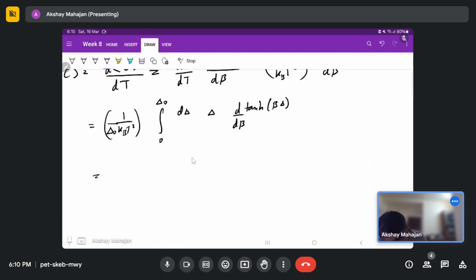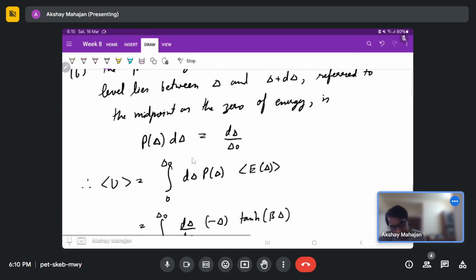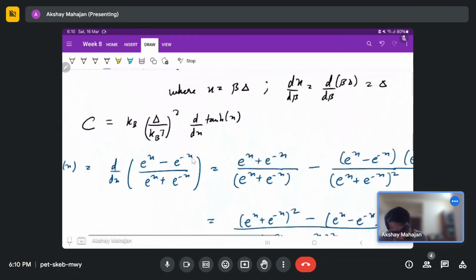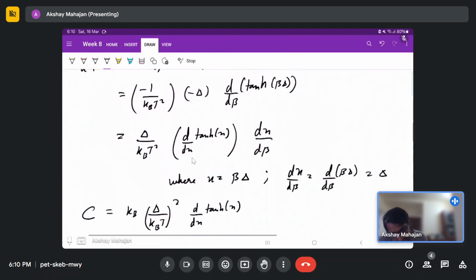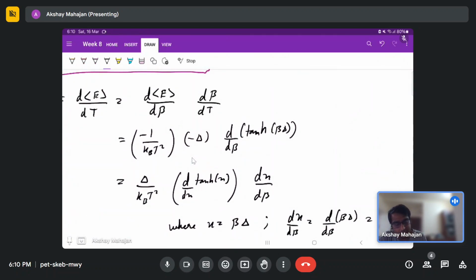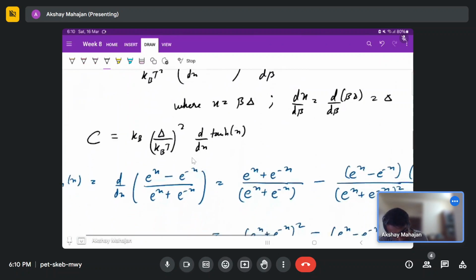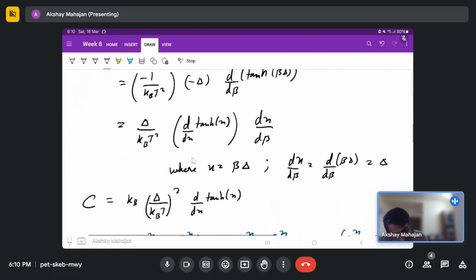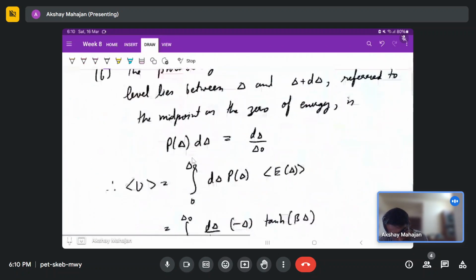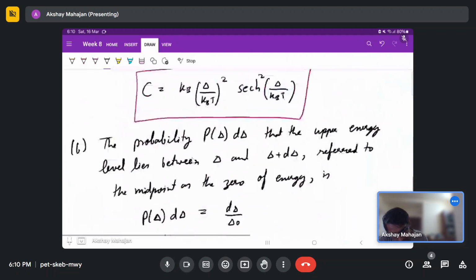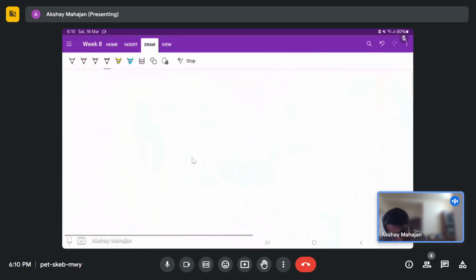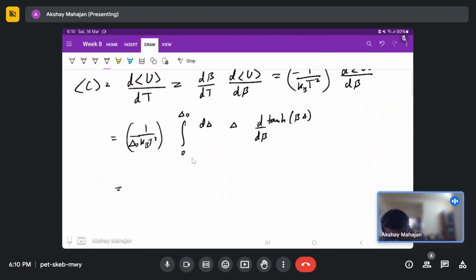So basically this we have already solved. If you have seen, it was that only. We will have d by d beta of tan hyperbolic beta delta. This we have already solved. So what we will have is delta times what we get for sec hyperbolic of this. So this differentiation